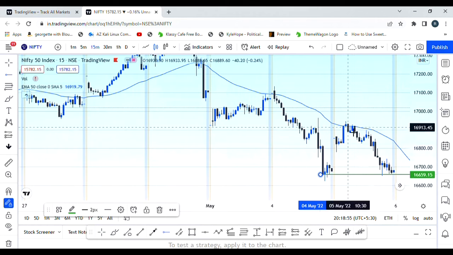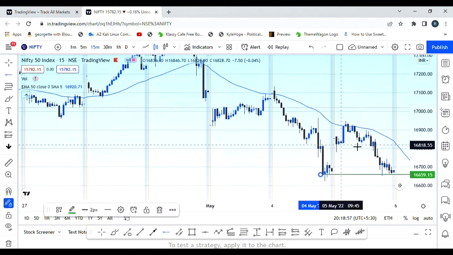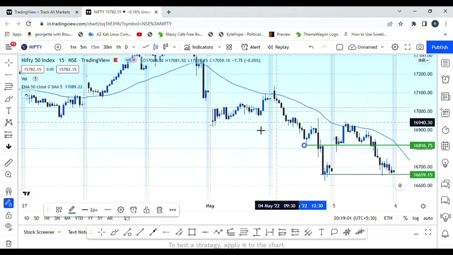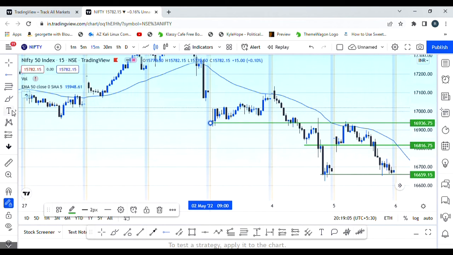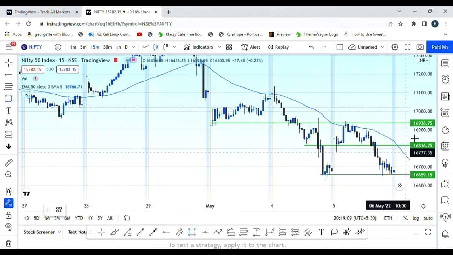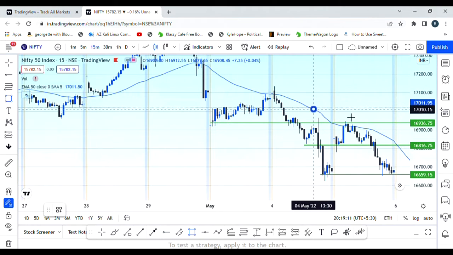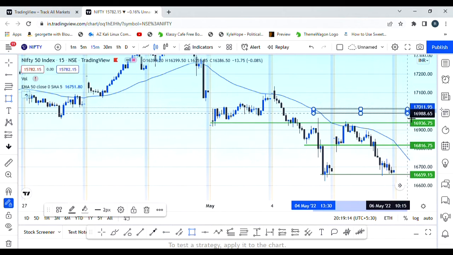Okay, this will be our support, and the market broke that level and respected that level, so again we consider that this is my level, and again this, and here I just forgot, this will be our round number. If you have not seen my video on round numbers, I